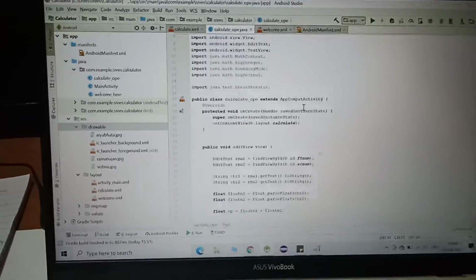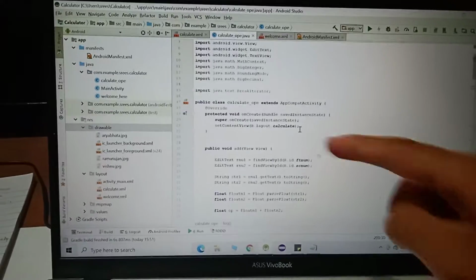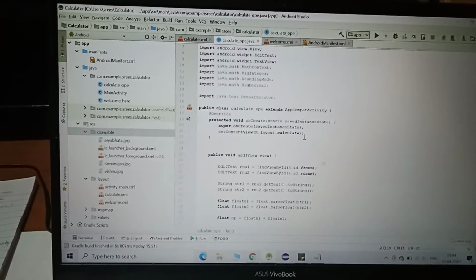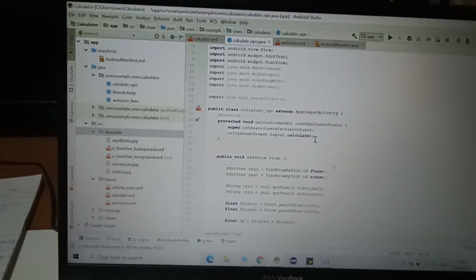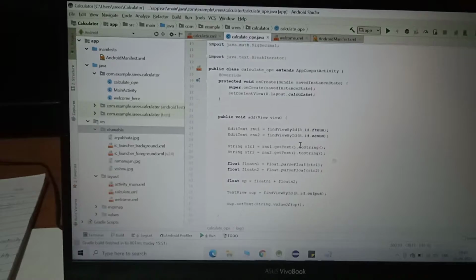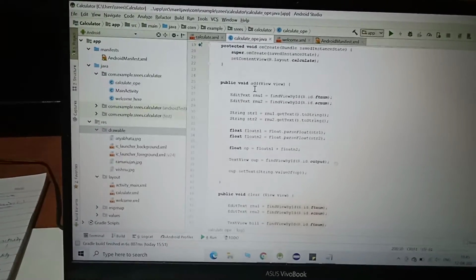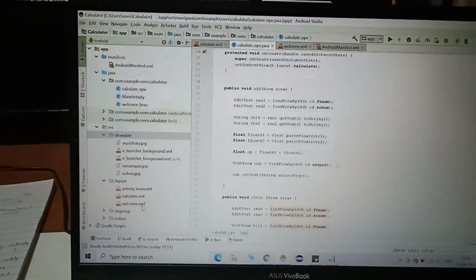Within the class that extends AppCompatActivity, we have to write the code. This is default for everything, because we extract the front end layout from which we should write the backend code. From there the method starts: public void add. So add is the method name